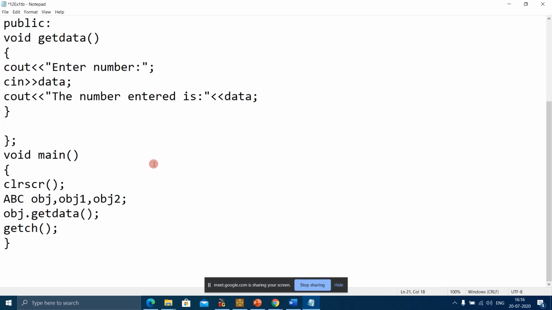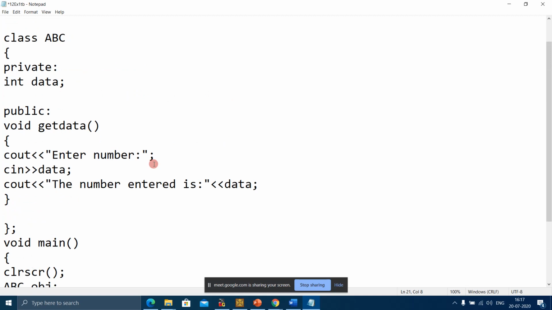So a class can have multiple objects, so you can say the objects are variables of a class. A class can have multiple objects. Objects are also known as instances of the class, and objects are the variables of the class.